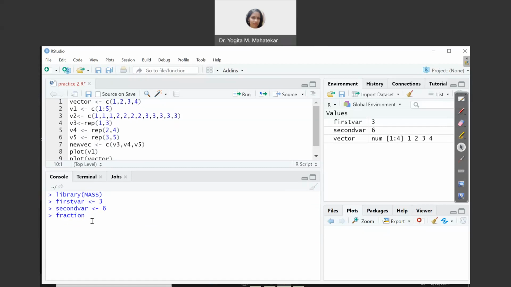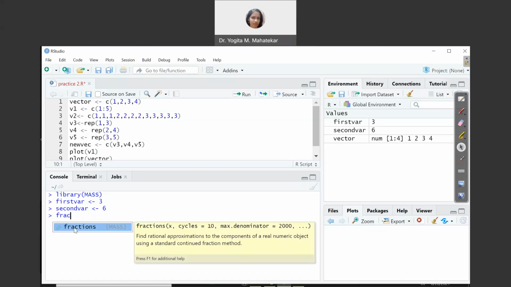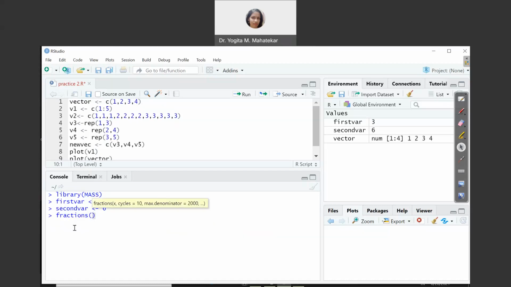Okay, so fractions, using the MASS function, of course, using the MASS package. So fractions, that command will appear automatically, and then you take the fraction of first var, that is also coming by default, slash second var.